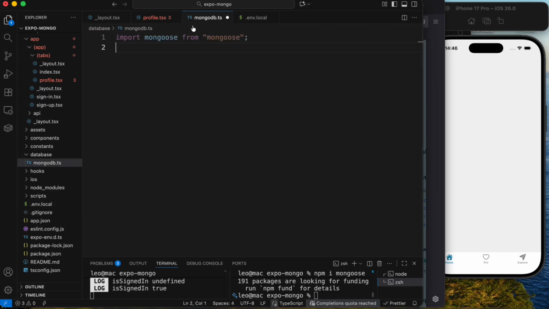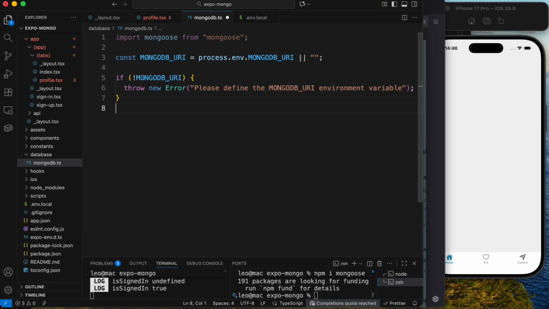And back to MongoDB. Const MONGODB_URI from env. If no, throw an error. And